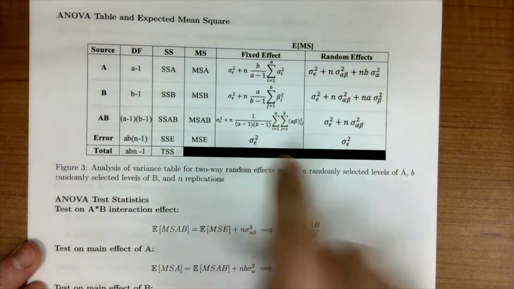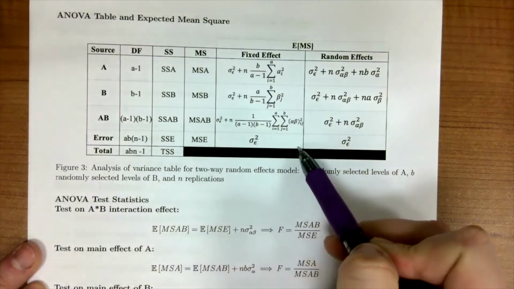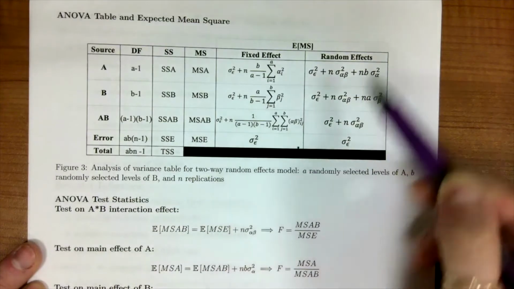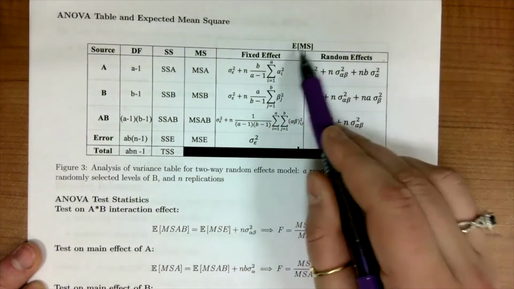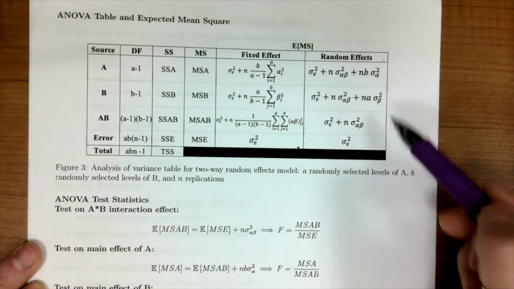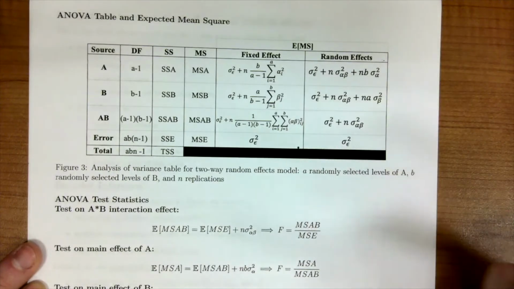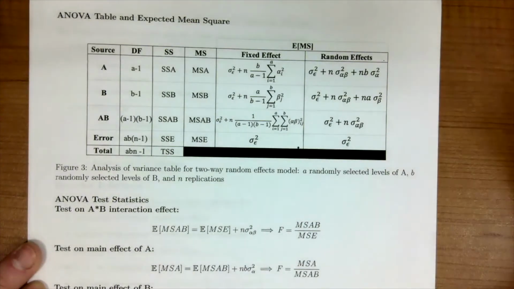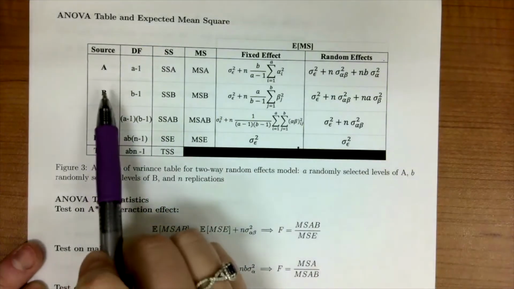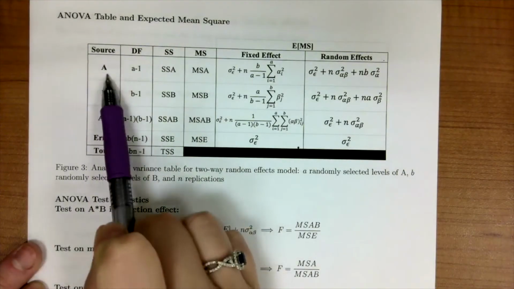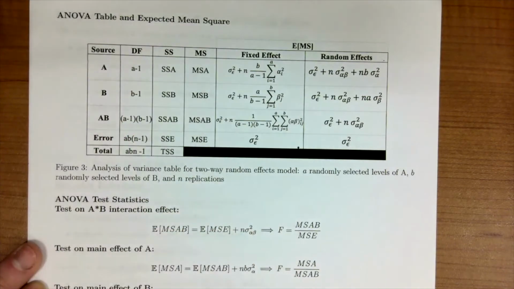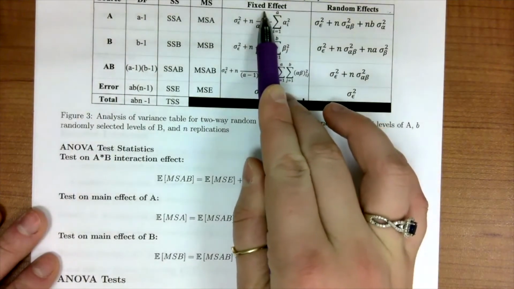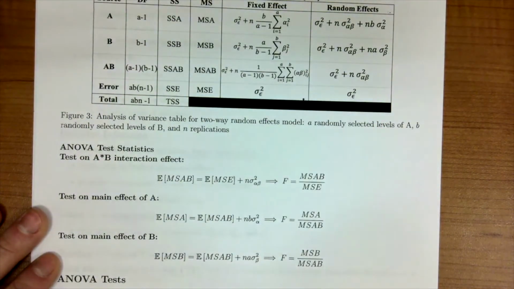So in our fixed effect, we've seen these MSEs before, or the expected mean squares before. Now, in a random effect, our expected mean squares are different, okay? And so now this means we need to go back and figure out what is the right F stat for the interaction, A or B, okay? So let's look at this. When we are looking at the fixed effects and trying to figure out what denominator to use,